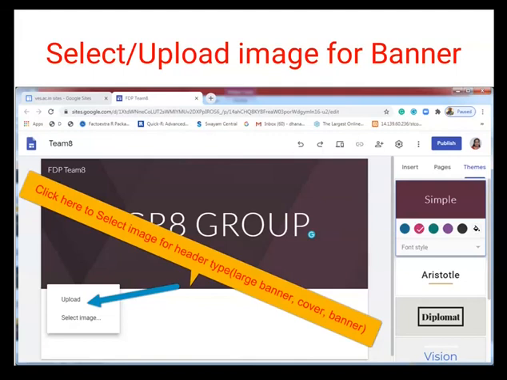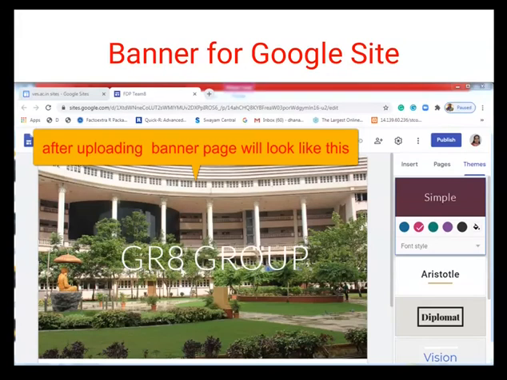For uploading, if the image is available on your system, we can upload it directly. If the image exists in G Suite, either in Google Sites or Gmail, then we can choose select image. Here we are using the upload option, with an image already available on my PC. Once you upload that image, it can be selected as a banner for our website. Again, there are three options given: large banner, cover page or banner. As per the requirements, you can choose any one of them. So here we have chosen banner.